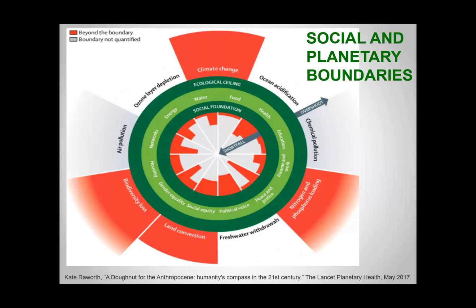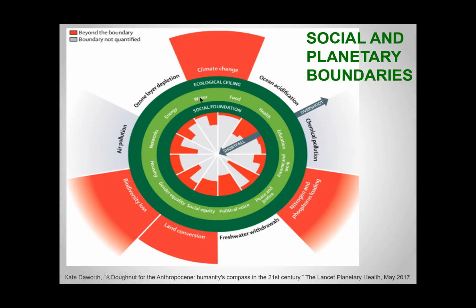This is a diagram that some of you may be familiar with. It was initially done by Johan Rockström, where he talked about planetary boundaries, which are the ones around the outside. And the red indicates that we are exceeding the planetary boundaries associated with each of those particular areas: climate change, biodiversity, etc., land conversion. And then there's this thing called a social donut that Kate Raworth put together, where she